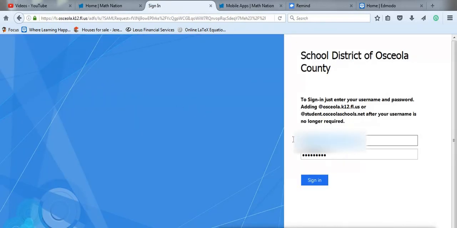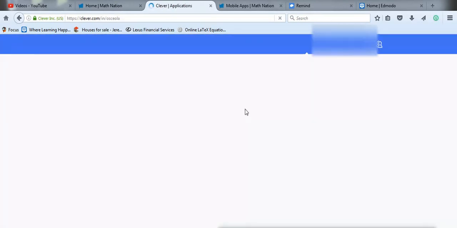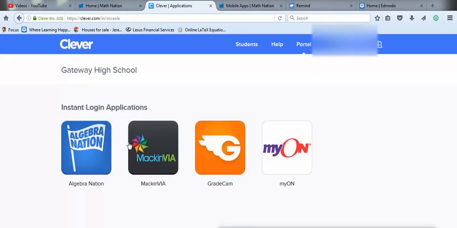And then here's where you'll type in over here your student ID, and you do not need @studentosceolas.net. You don't need it. All you need to do is just put in your ID. So I'm going to do like 0, 1, 2, 3, 4, 5, 6, whatever. So you put in your student ID, and then you're going to type in your password here, and then you're going to click Sign In. After you click Sign In, it's going through Clever, and then you'll see here all the apps that you can use. Now you may have more, you may have less, but Algebra Nation will be there, so that's what you're going to click on, Algebra Nation,